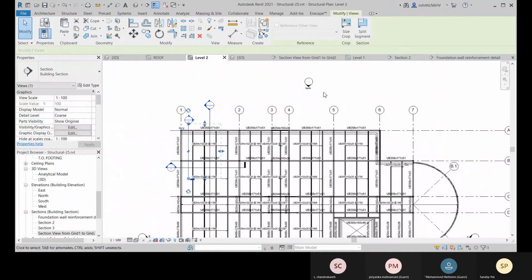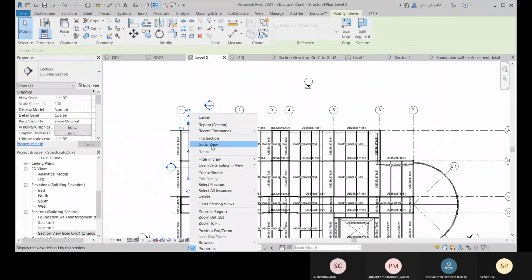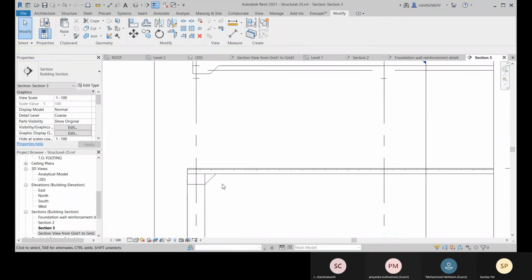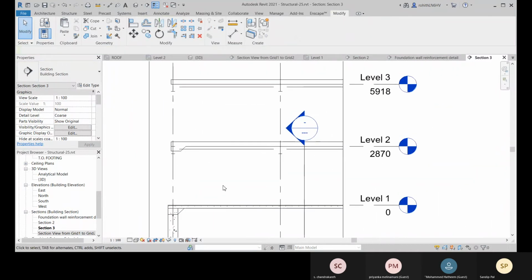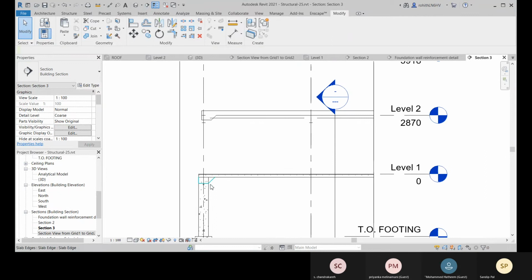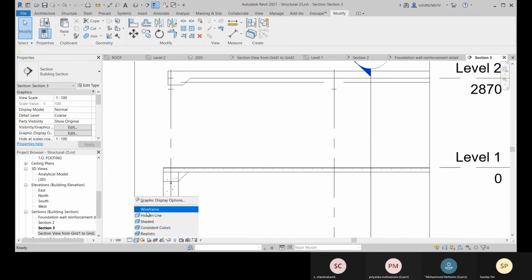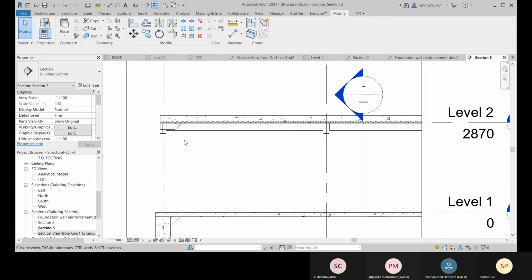Just have it to here, and let me switch it to this view, and let me go to this wireframe, and it's fine.